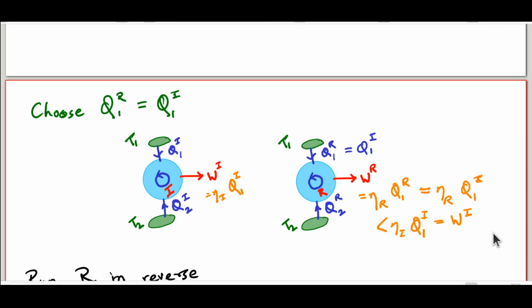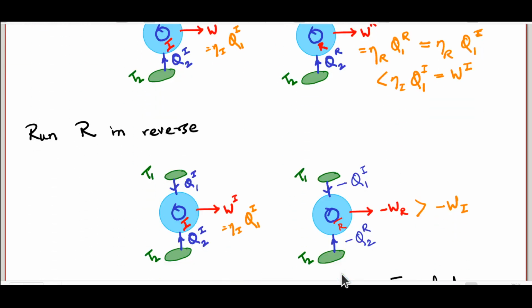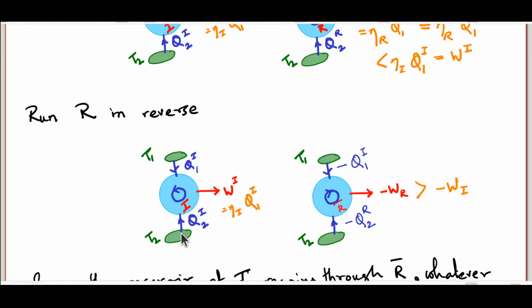Now, the next step should be pretty obvious. The moment I say that you are taking in the same amount of heat from the reservoir at temperature T1 from using both of these engines, it should be obvious that I should run one of them in reverse so that the net amount of heat taken in from this reservoir becomes zero and this reservoir returns back to its original state. But notice, among the two engines, the one I'm sure can be reversed is this one. It is a reversible engine by its very definition. So we run that in reverse and leave I running in the same direction as before.